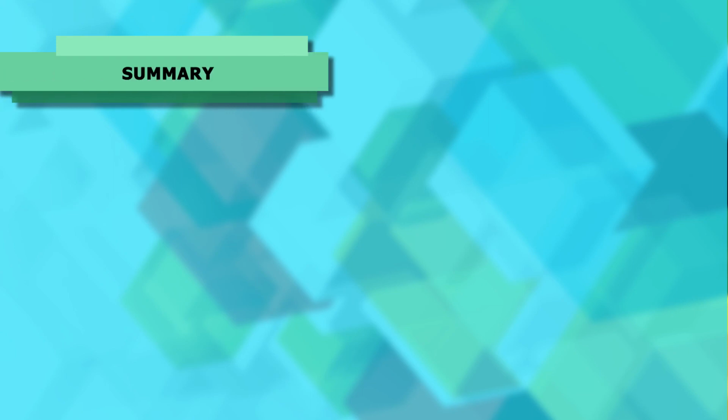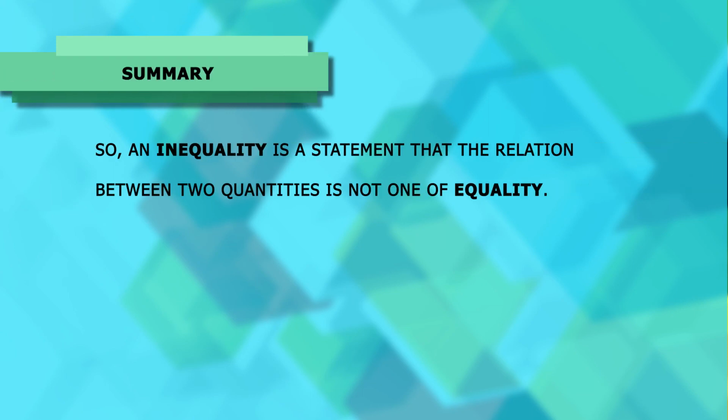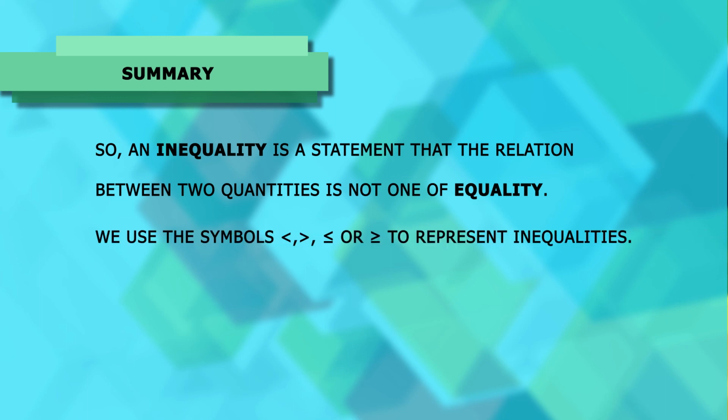So to summarize today's lesson, an inequality is a statement that the relation between two quantities is not one of equality. So inequalities just mean that either something is greater than something or something is less than something, but they are never equal. We use the symbols greater than, less than, greater than or equal to, or less than or